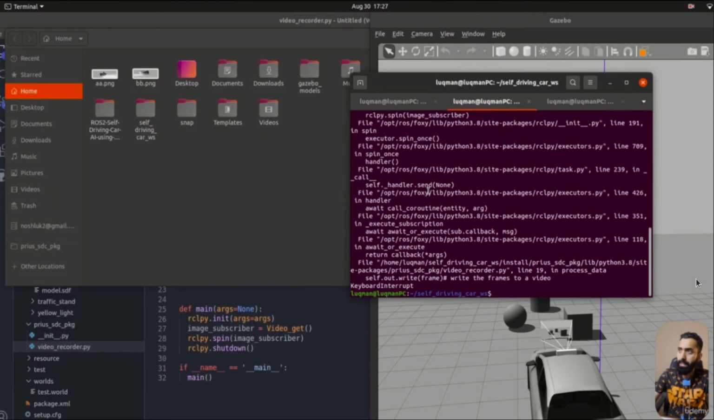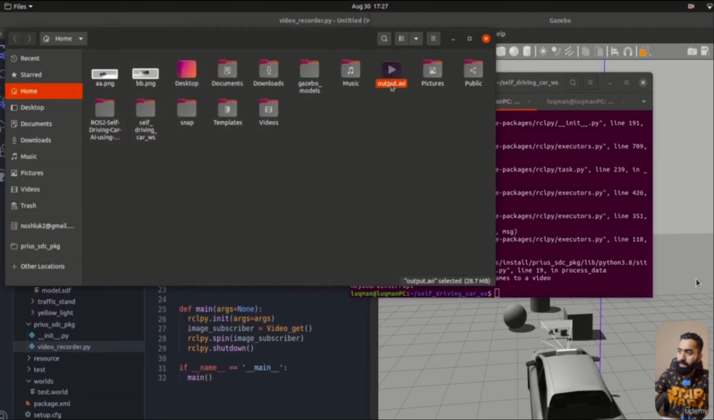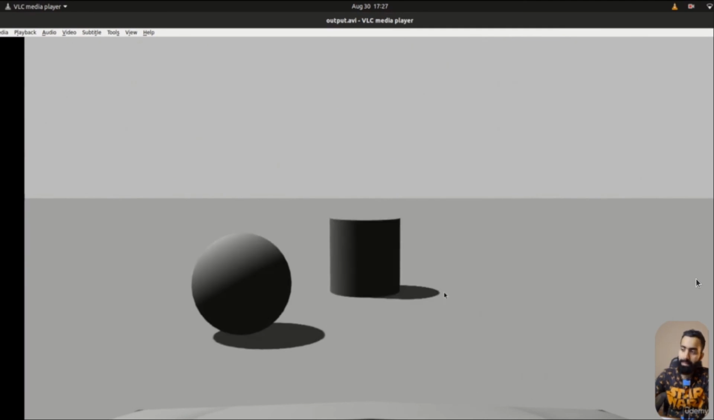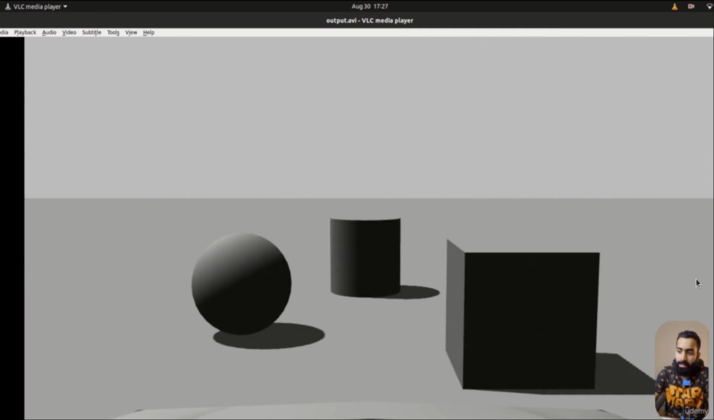If I stop this recording and then I take a look into this output.avi, let's take a look. This time it is 28.7 MB. And if I run it, can I see the video? Yes, I can see the video, and it is recorded from the same camera on the car. I place certain things in front of the car, yes, and there you can see the video is recorded from the front camera, and our car is ready for self-driving, but we have to write one more script to drive the car, and then we'll